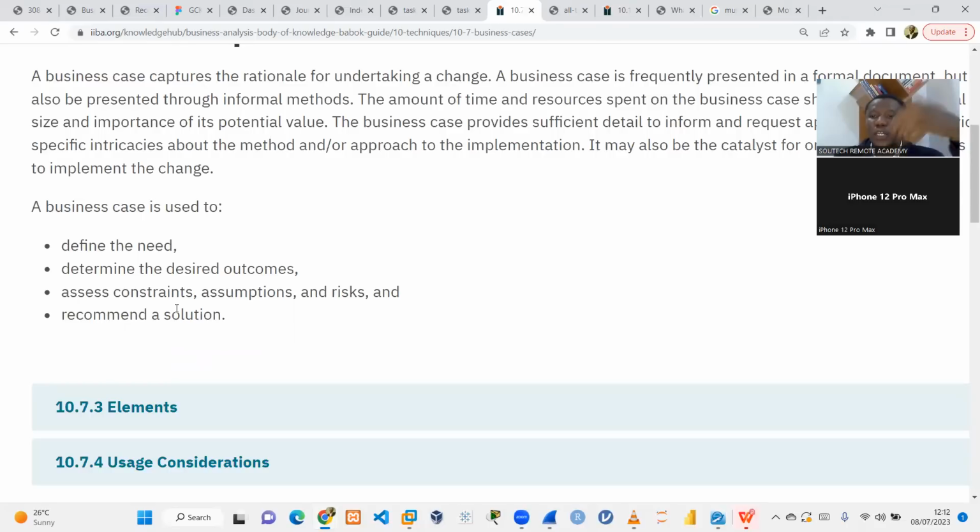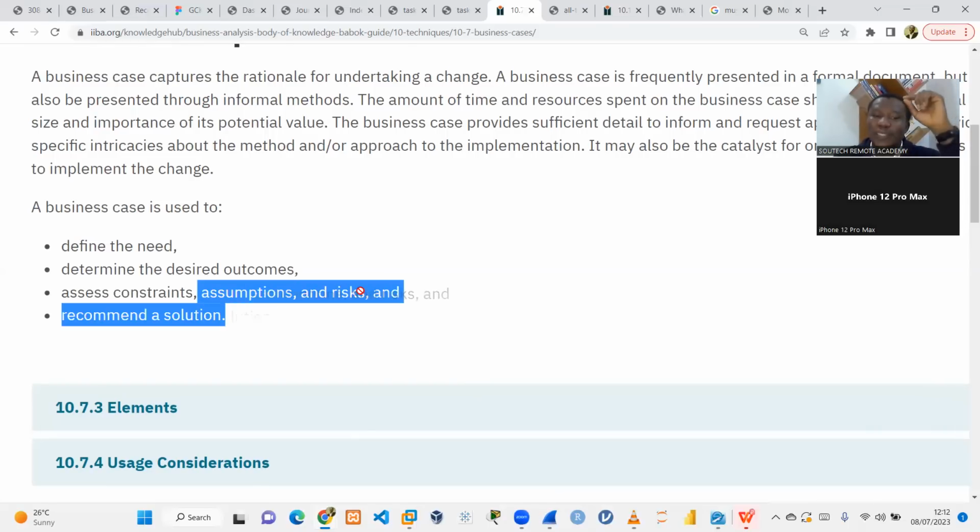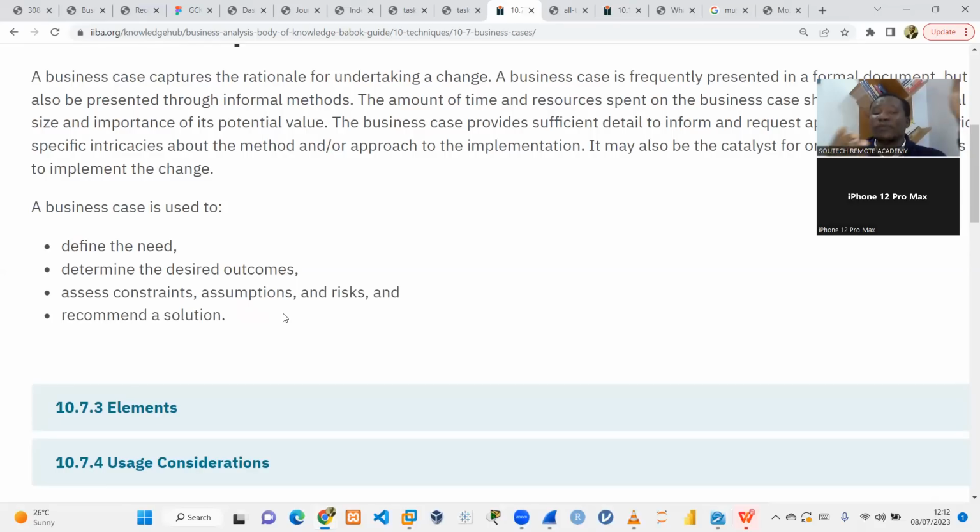Are you there? So you see a lot of retirees or some people that take up loans, they believe if I get 1 million naira that my life is going to change. Nothing's going to happen to you. Or I believe if after my 65 years or 35 years in service, and I leave service and I'm given 5 million naira, I'm given $1,000, $5,000, whatever amount it is, it makes no sense. It doesn't mean anything. If you want to do business or an enterprise with that, there's nothing about that. If you have not identified the constraints, the assumptions, the risks involved, and even mitigating solutions